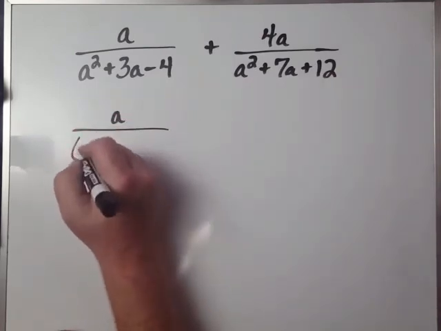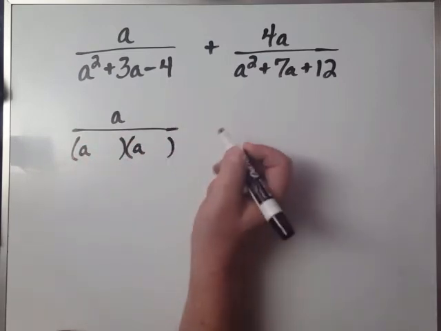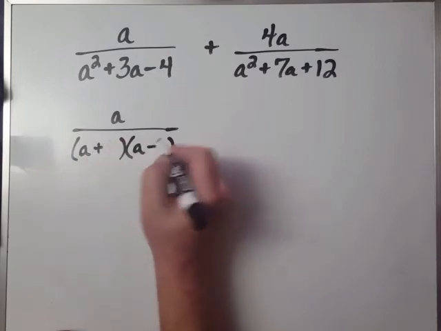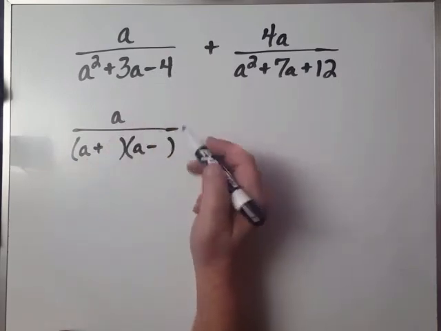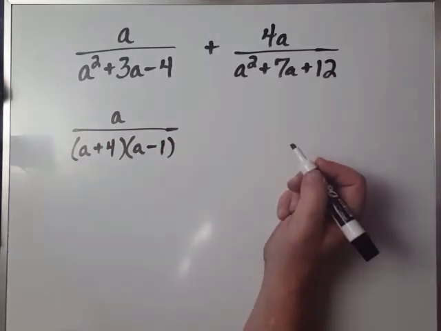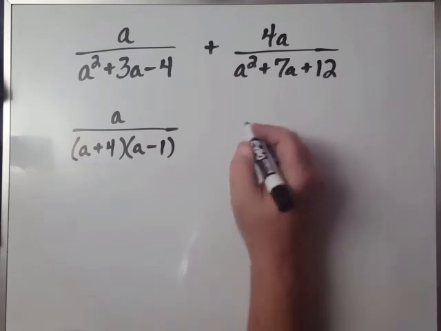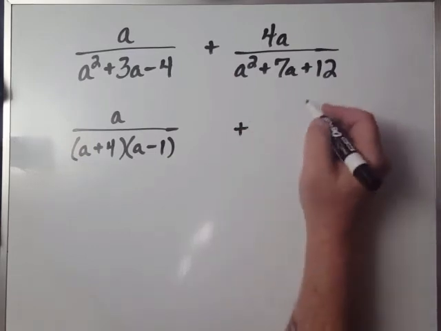If this first denominator factors, it will factor as a pair of binomials, each starting with a. Signs are opposite. Product of -4, sum of +3, it's got to be 4 and -1. Leave you some room here where we can ask the question, what's missing? And plus,